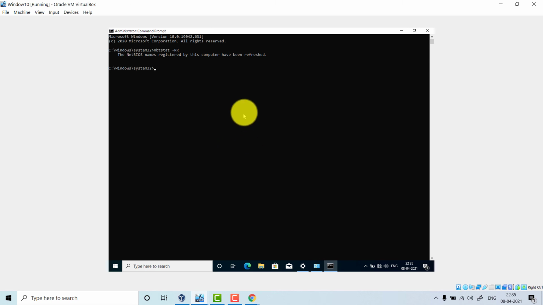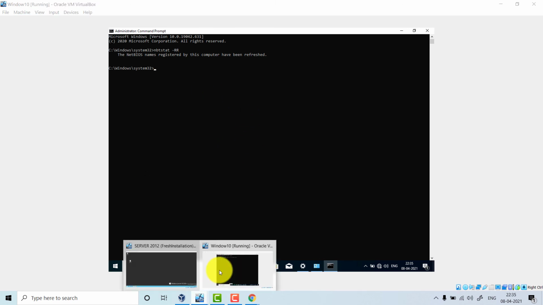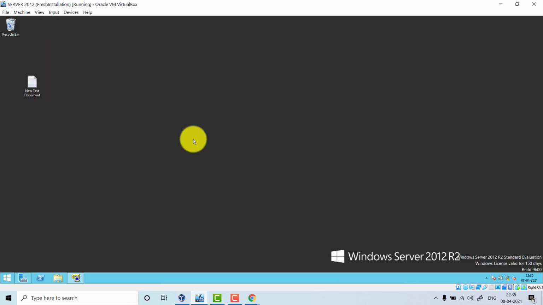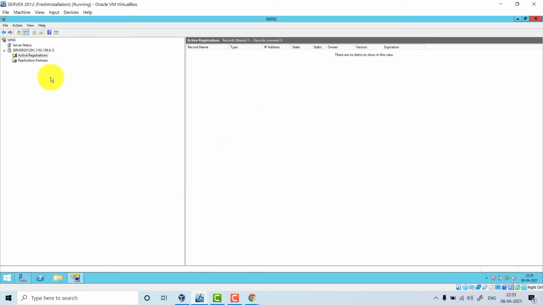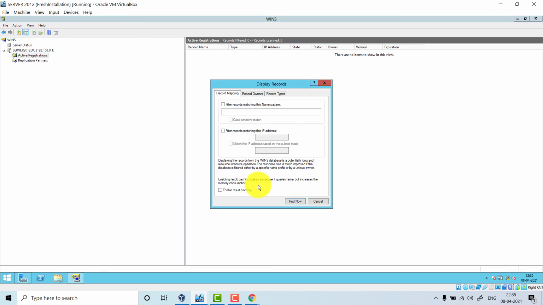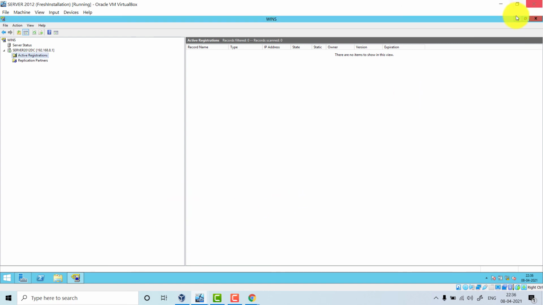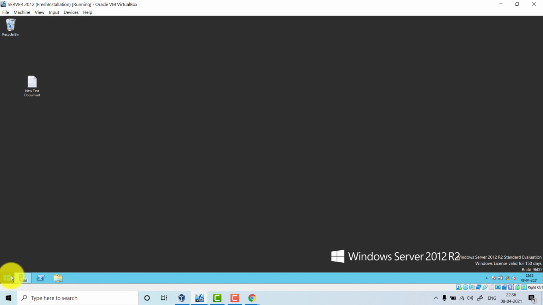Now let us go to our server machine and check whether we have registered entries of this client machine or not. Right click, active registrations, display records, then find now. Let us do one thing.